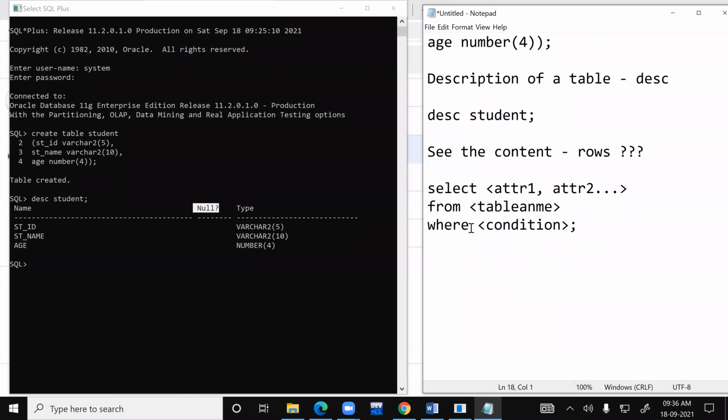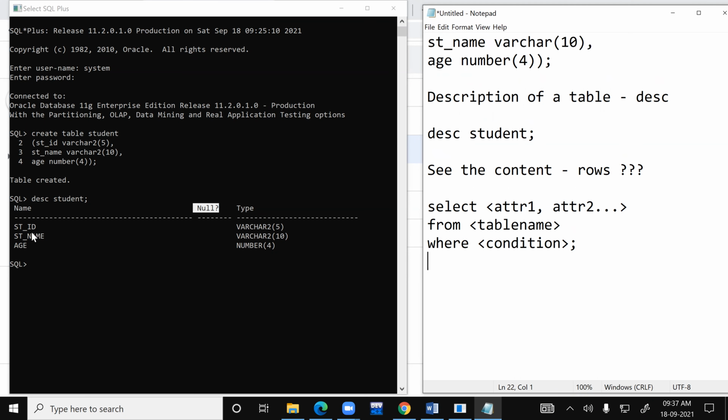If you want to see things inside, select attribute 1, 2, whatever you want from table name, where condition, out of which this condition is optional. Okay. Now, if you want all the attributes in the table, look here, this particular table, you do have 3 attributes, ID, name, and age.